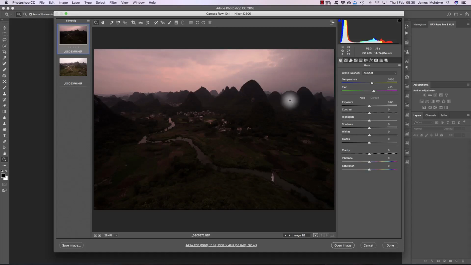Hi and welcome to this video on matching. This will be one of the most important videos that you'll watch when it comes to advanced exposure blending. So I'm sure when you've tried to exposure blend in the past, you've found that as you've blended the images,